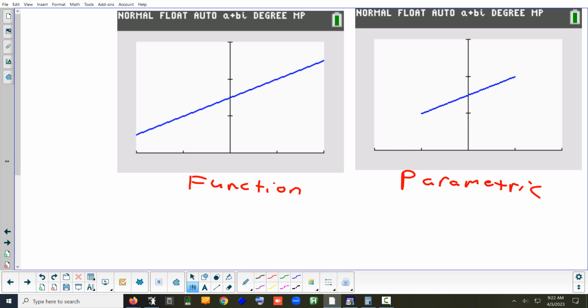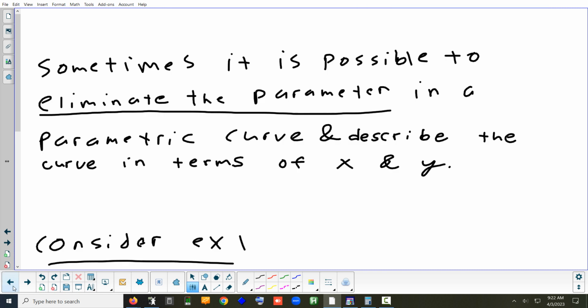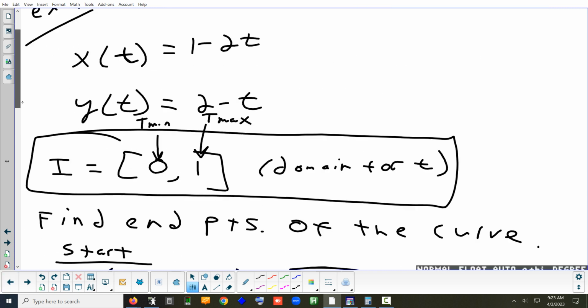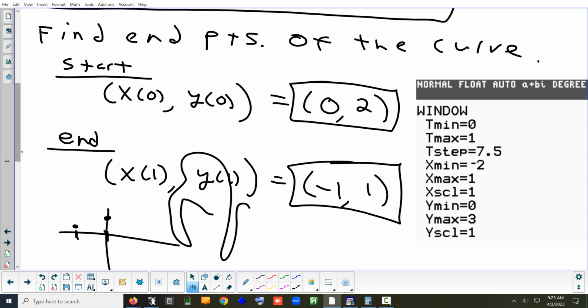The function continues seemingly forever, and the parametric is only enclosed from 1 to -1, it looks like. Yeah, so the parametric starts and stops somewhere. So part of converting something from parametric to function is not only finding the formula that gives you the picture, but you have to tell me where to start and stop. Well, we know where to start and stop because this is example 1. And the way you specify the start and the stop is by looking at